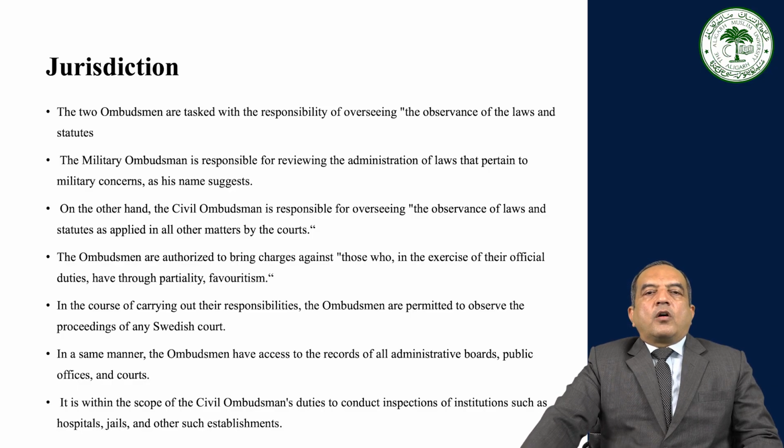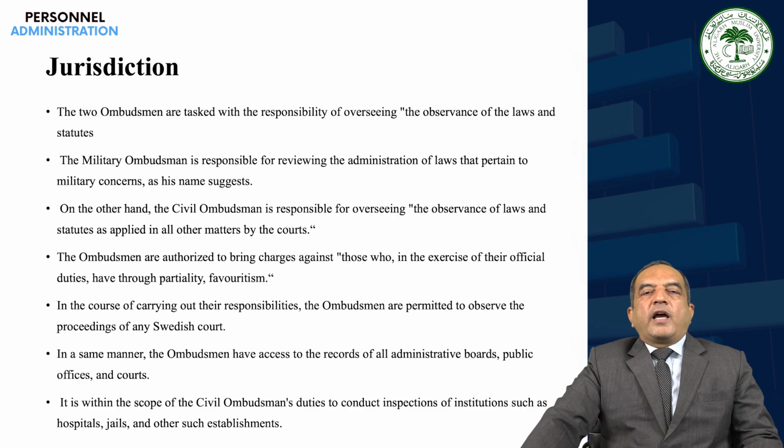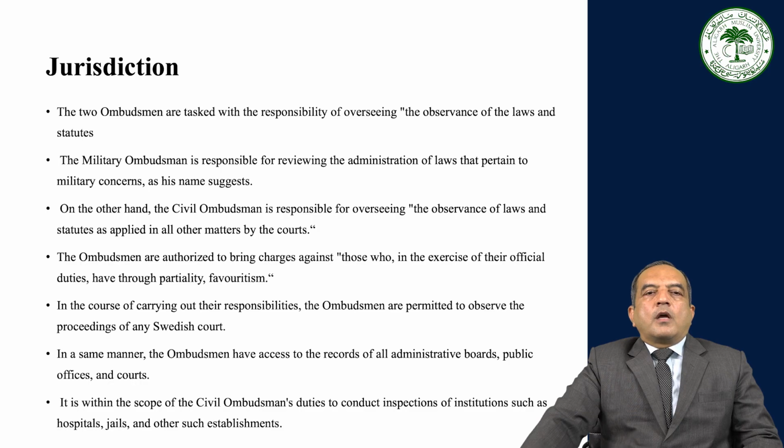In the course of carrying out their responsibilities, the ombudsmen are permitted to observe the proceedings of any Swedish court or any administrative board that has been established to take the position of an appellate court. However, they are not permitted to contribute their opinions during these meetings. In the same manner, the ombudsmen have access to the records of all administrative boards, public offices, and courts. It is within the scope of the civil ombudsman's duty to conduct inspections of institutions such as hospitals, jails, and